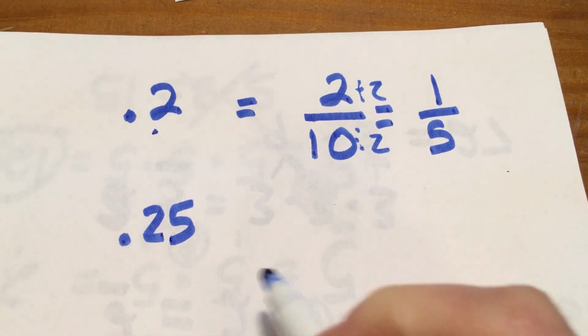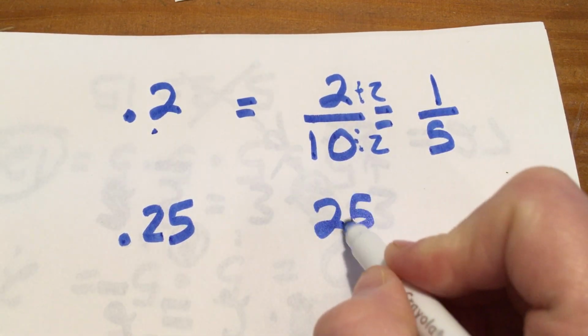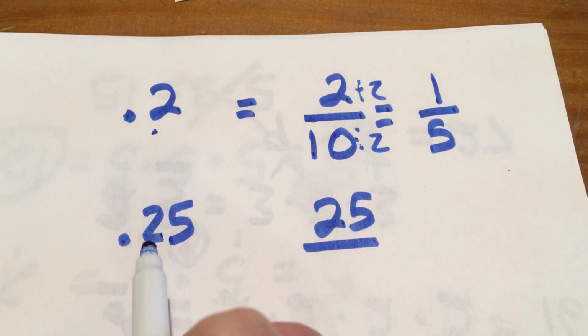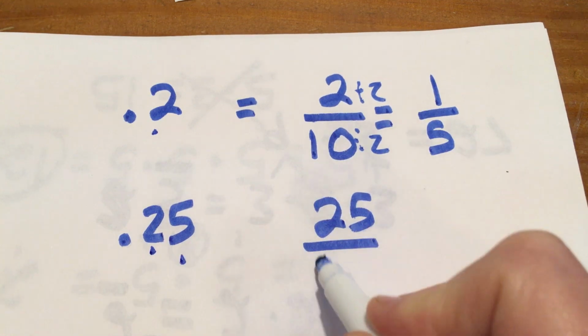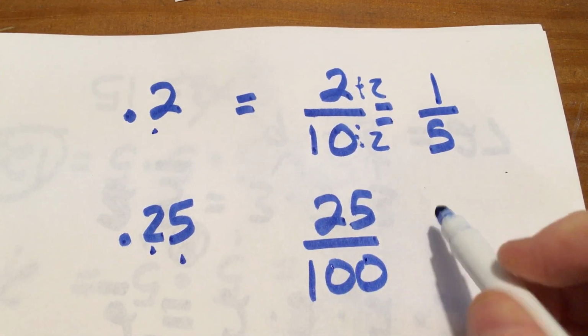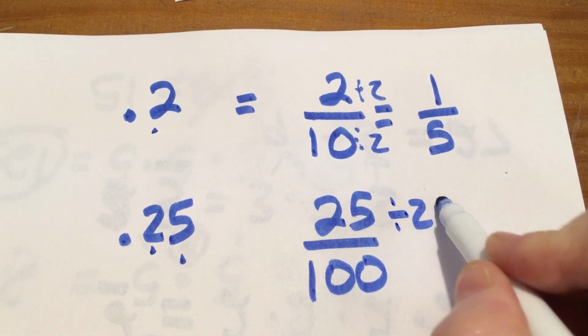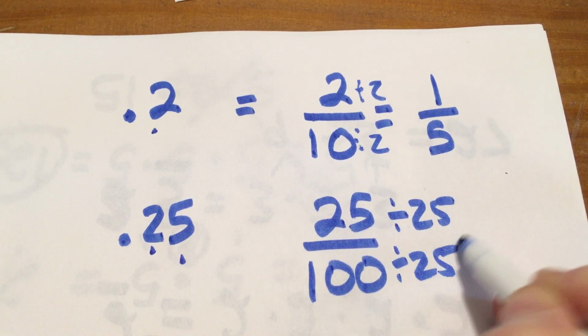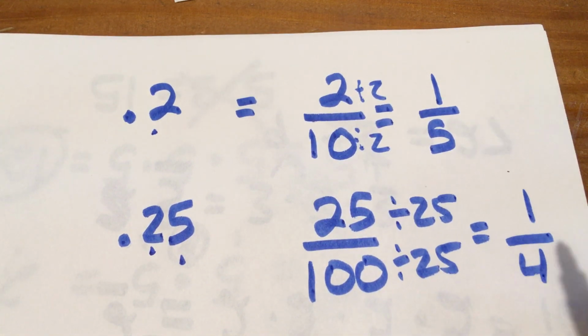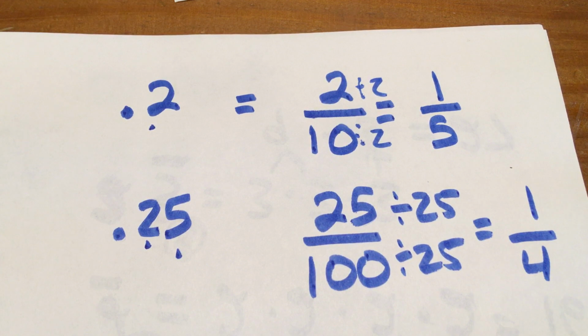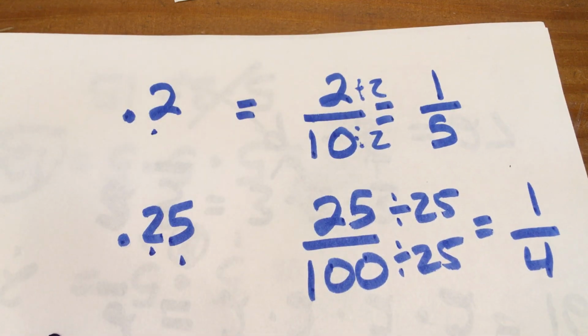0.25. Put your 25 on top. Count your place values, tenths, hundredths. So it's going to go over 100. When we reduce it by 25, we're going to divide by 25. We get 1/4. If they give you a number that looks like this,